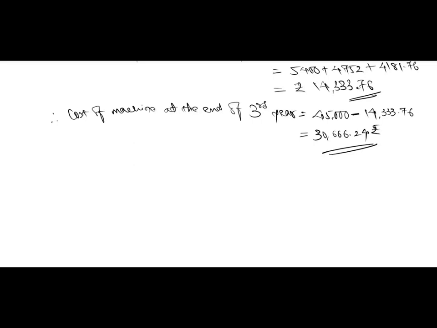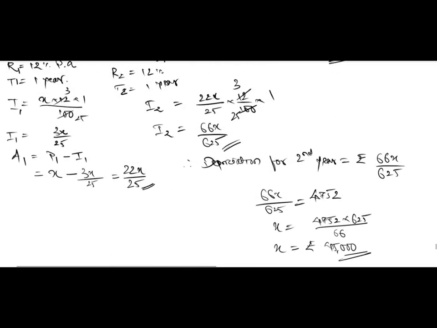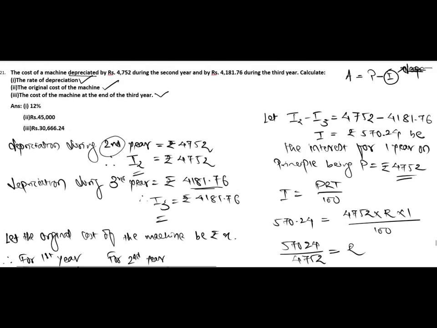It decreases every year and subsequently it becomes rupees 30,666.24 at the end of the third year. So this was the last question of the chapter. Exercise 2C is based on this concept which we have discussed in this particular video. So I hope you'll be able to do the whole exercise. It has around 18 questions and 2D has 11 questions. So 18 plus 11 is 29 questions, and that's your homework. That's a big homework, right? I'm going to give you 2 days for that.